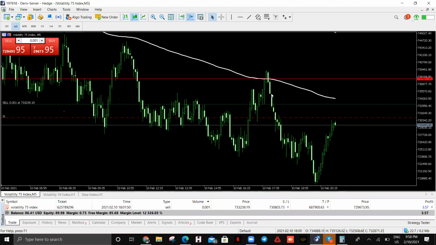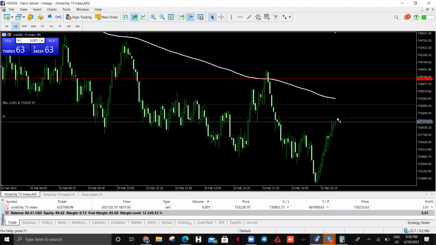But because I was not on my laptop, when I came back, this candle had already closed. Another 5 minutes candle closed, and I entered here. So what happened? When I entered here, my stop loss was above here. That was about $3.60. So as soon as the price came down and gave me this, I secured part of my profit,